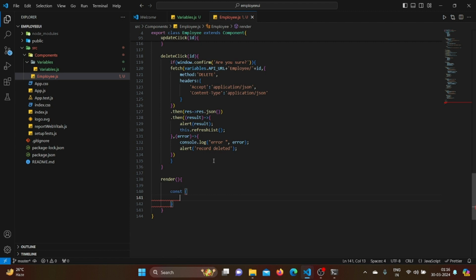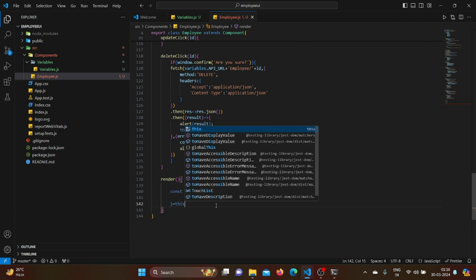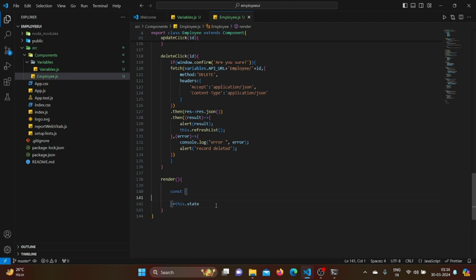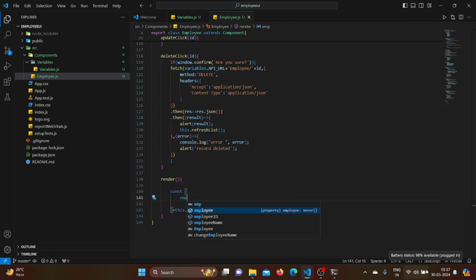So this.state, employee model title, then employee ID,